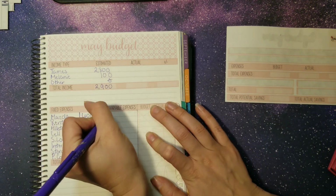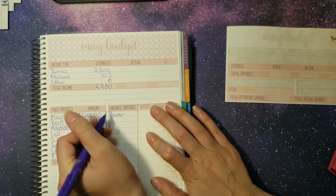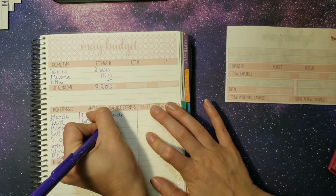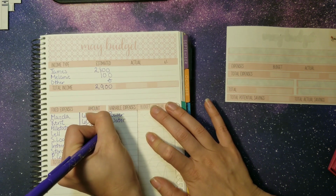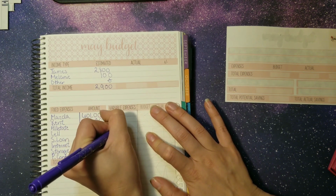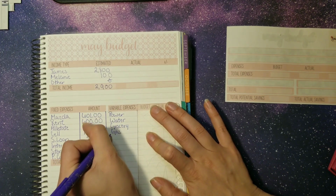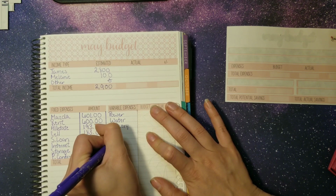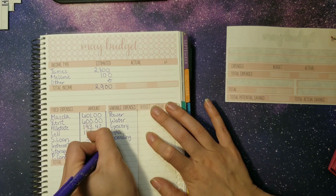First up, we have our power. Our power depends on how much usage we have for the month. Same for water. Then we have our groceries, gas, spending, miscellaneous,